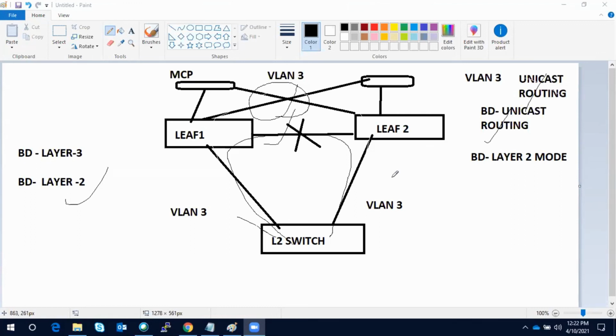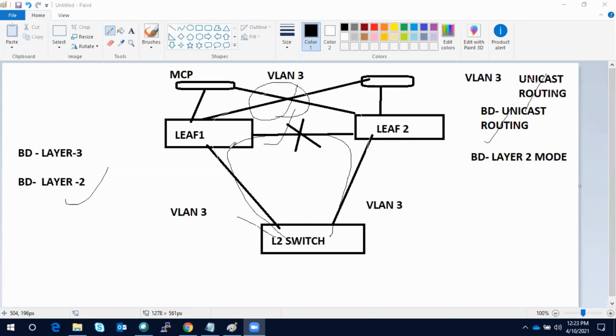Santosh is asking: in traditional Nexus switching, when creating a vPC there is a peer keepalive, but in ACI there is no interconnect between the two, so how will we achieve it? Yeah Santosh, that is also again a very good question, guys. For those who are new: in traditional networking, let's say we have Nexus 7K and 5K, we used to configure a keepalive link and peer link, but in ACI we don't configure that because the fabric itself acts as the peer link and peer keepalive link.